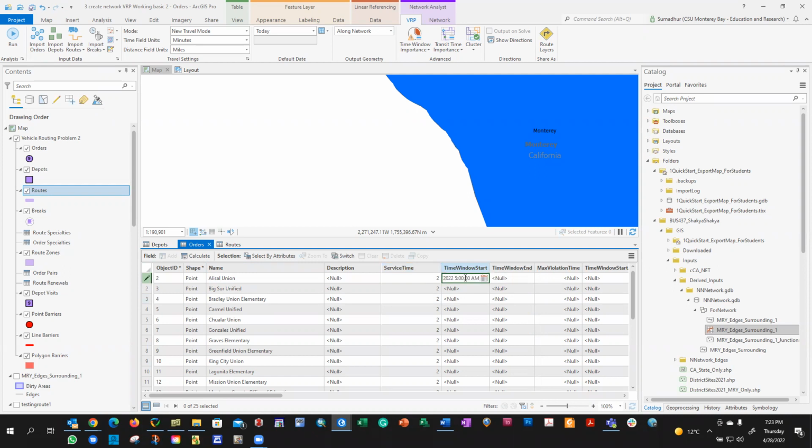let me paste this again if I still have this. So let's say the school opens at 9 a.m. Okay, and I'm gonna copy this and slowly put this in all of them. So I slowly double click, it lets me bring the cursor in, then I hit enter. That's what I'm doing. And then slowly double click, and the moment I see the cursor, I do Control V, hit enter,